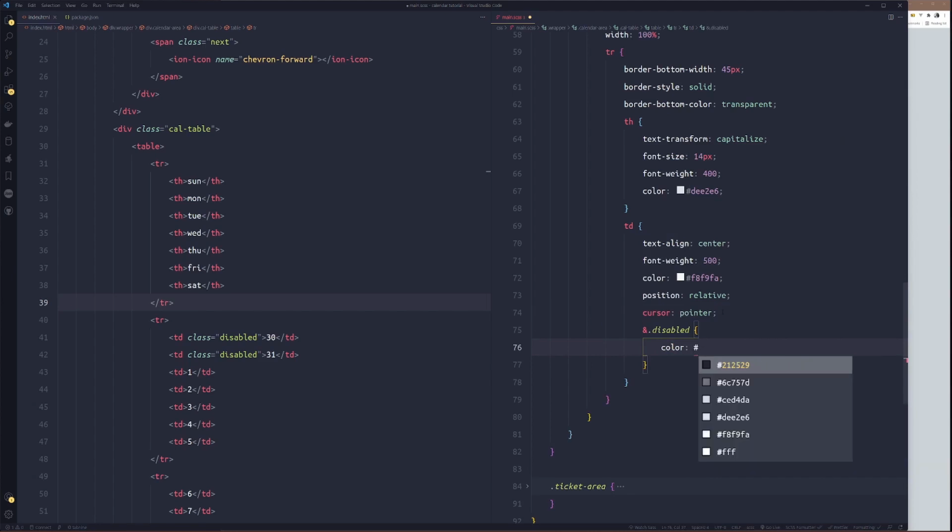Ash 8D95, 9D. This is the color. If you follow these UI/UX people, they are designers, so make sure you use their color, because if you don't, I think it triggers them. They'll call you out.